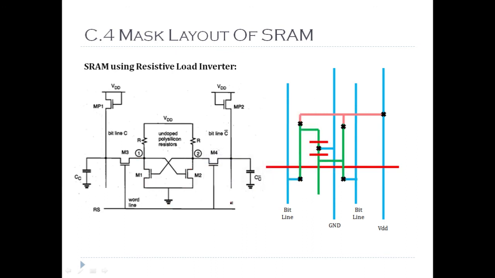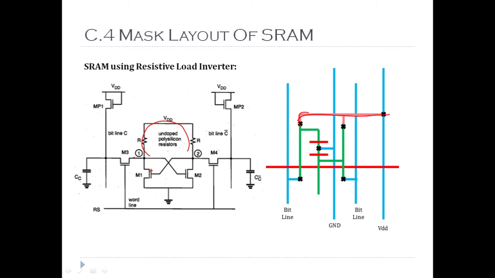Just go through it once so you will understand it better. I know it's very difficult to show it using the PPT. It's better to draw on a board, so it can be explained better, but with the limited resources we have to do it like this. Now, once we draw all this, we have to fabricate these resistors. Here you can see the drain of this and the source of this, M1 and M3, they are connected to the resistor. So this is how the polysilicon resistor is fabricated.